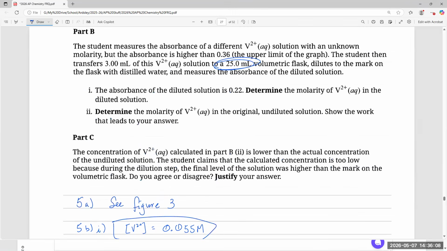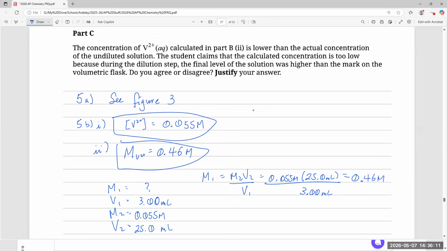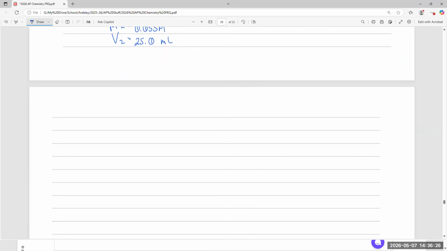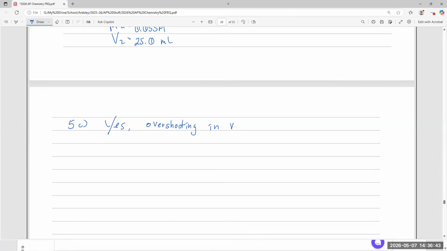That's 5.2. And part C: the concentration calculated is lower than the actual concentration of the undiluted solution. The student claims that the calculated concentration is too low because during the dilution step, the final level of the solution was higher than the mark on the volumetric flask. Do you agree or disagree? Just write the answer. This is so easy. 5C. Yes, I agree. Why? The student overshot the mark in the volumetric flask,